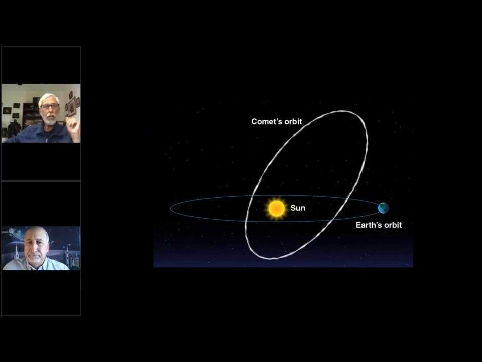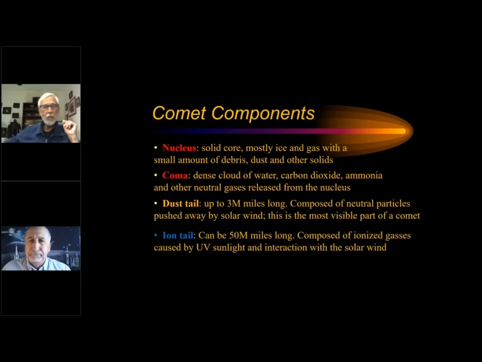So I thought what we do next is talk about what comets are composed of. There's basically 4 separate components. We talked about the ice core, which is called the nucleus: ice and gas with debris and dirt, dust, other solids. Surrounding